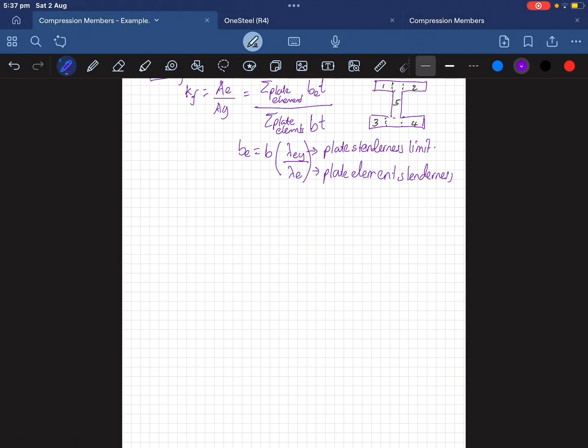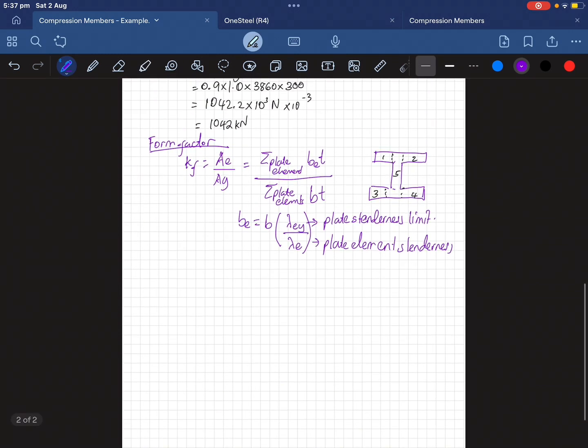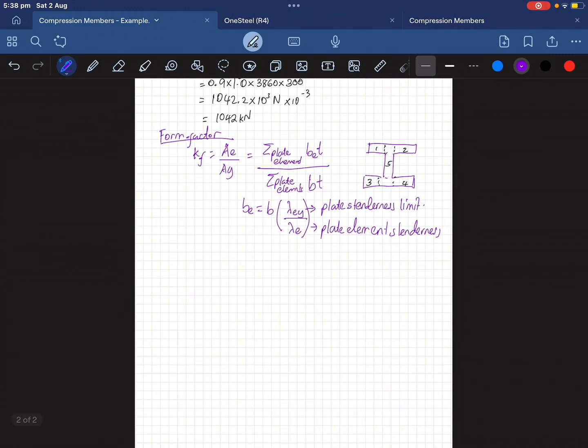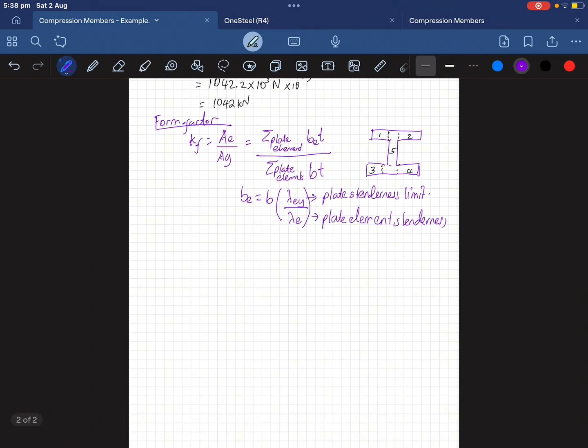Lambda EY, you can get this from the code, right? And it essentially depends on how your flange is supported. So is it only one edge supported, or both edges supported, and is it hot rolled or cold formed? It just depends on that. But the other factor that's going to drive your effective width is the plate element slenderness, lambda E, which is essentially